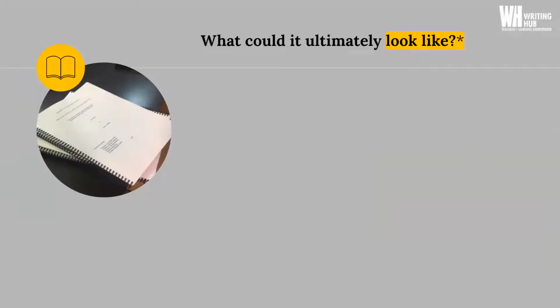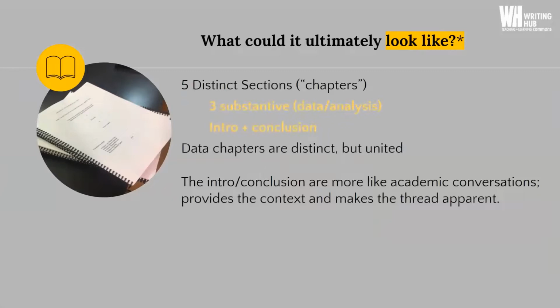And I want to add a quick disclaimer that your results might vary, but what your dissertation could ultimately look like is 5 distinct sections, which for the rest of this resource, I will call chapters, but they might be sections. So by section, I might mean that your intro section is 1 chapter, or it could be the combination of an intro and lit review chapters, but that still will form 1 distinct section. So you have an intro section, either an intro chapter or a combination of chapters that establish the context and the challenge of the story. You'll also have a conclusion section that will resolve the challenge at the end.